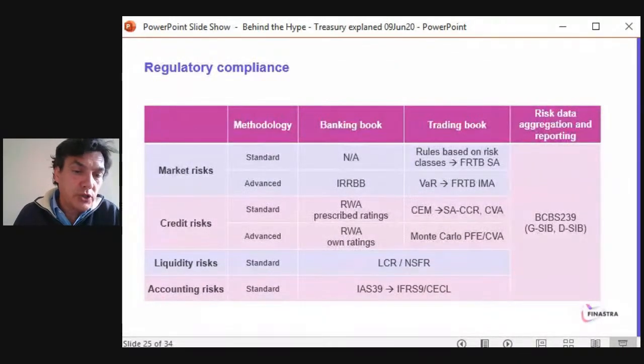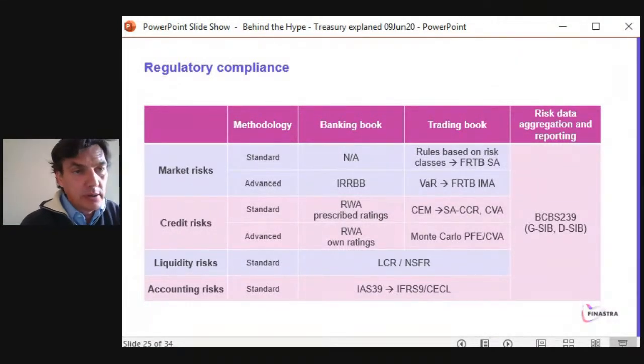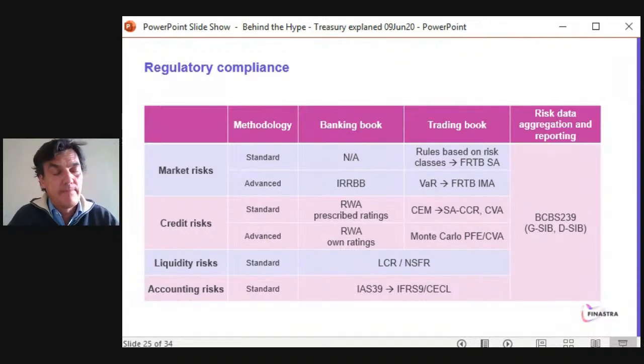Now we are going to the next floor, and it's becoming more complex. So you've seen we started with something very simple, finding money on a day-to-day basis to make sure that I can run the bank, and now I am up to the regulatory compliance. And here, this is where it becomes complex, because it has evolved quite a lot over time. Not going into the details, but obviously it's split into different categories. So you can see that liquidity risk comes third here, and I will explain that.